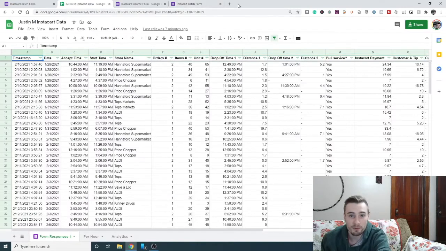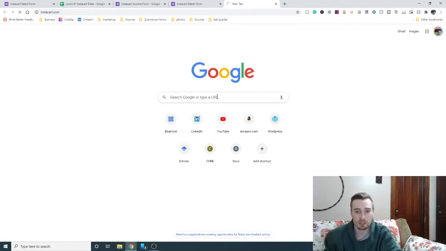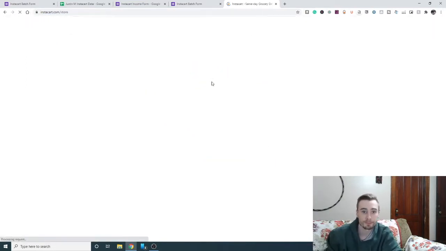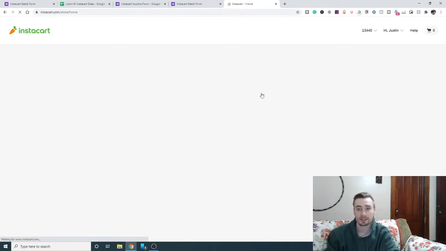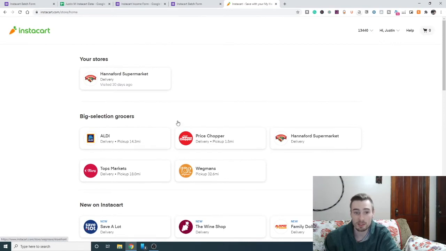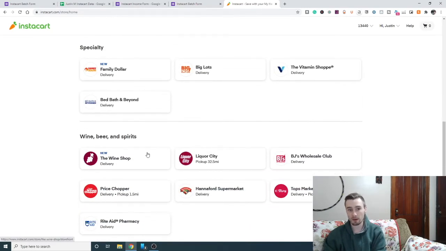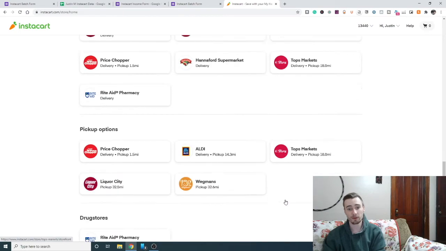If you guys want to find out how to see all of the stores in your area, you would just go to instacart.com. I set in my location, and as you can see here, these are the stores that are available in my area. I did not include Wegmans because it says pickup. I only did the ones that were delivery because the delivery are the ones that I'm going to be doing as a shopper. So I didn't include Liquor City either, but this is pretty much how you find what's available